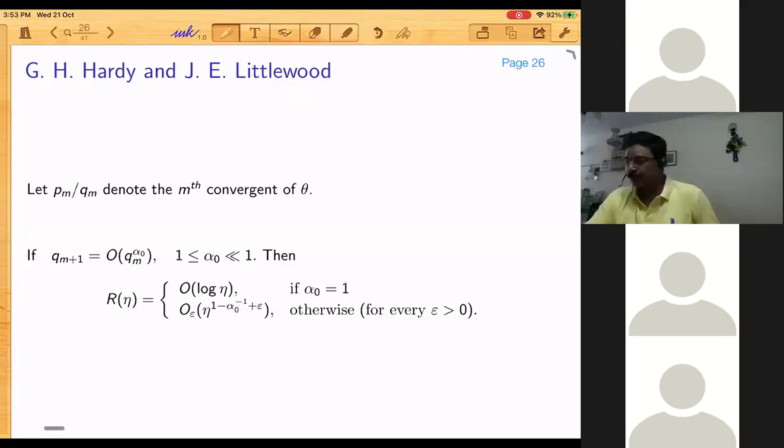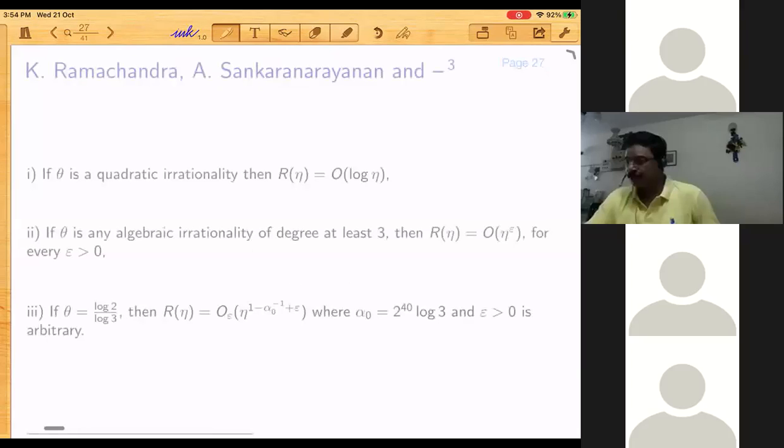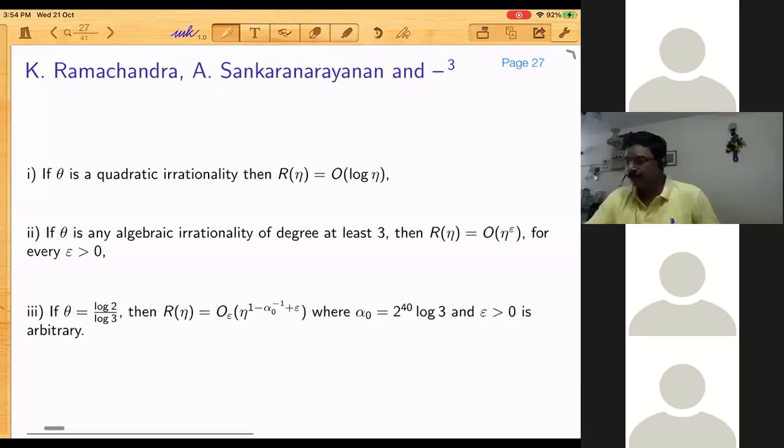Otherwise, it's bounded by O of eta to the power 1 minus 1 by alpha naught plus epsilon, for every epsilon positive. So this is the better result by Hardy and Littlewood. Then myself, Ramchandra and Shankar Narayana, we observed the following, that if theta is quadratic,